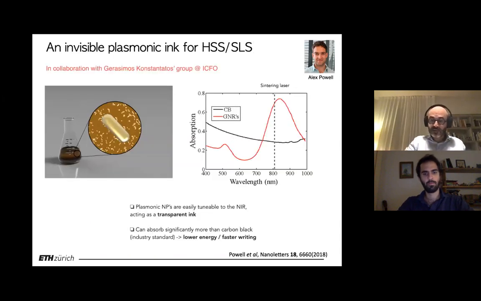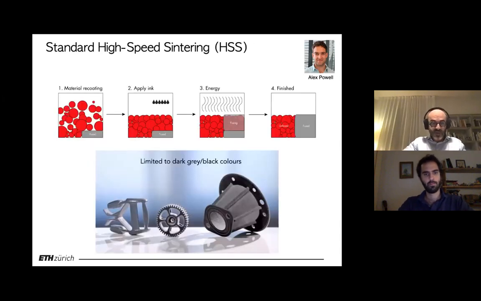And of course you would do that one layer, and then a second layer. And this is very fast because you don't need to scan anything. You just need to inkjet and then apply the light, a wide field. And so that can be very fast, very robust as well. The only issue is that most of the prints have this color that you see here, like a dark gray